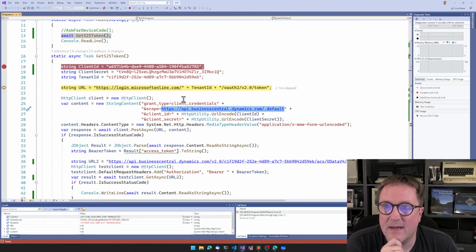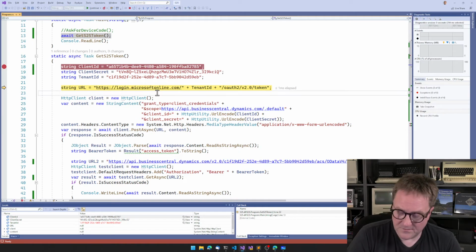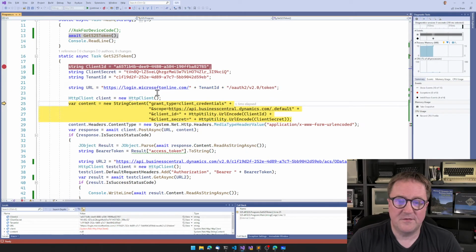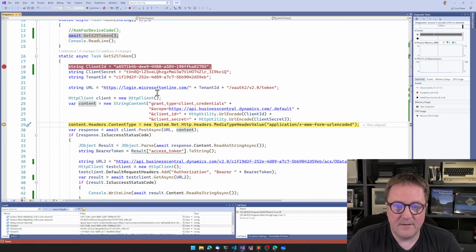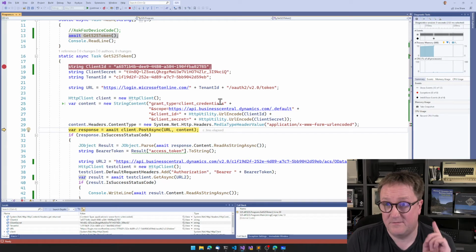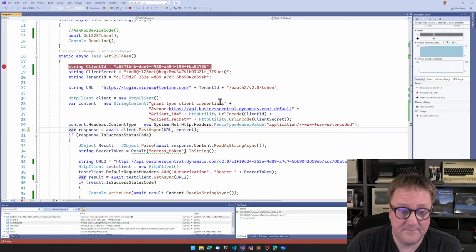We want an access token, and we want it for the roller coaster. And here's our ID, and here's our secret. So we go through this,